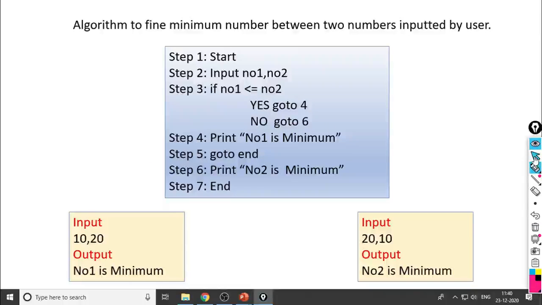So all these examples are related to branching statements, how branching works in an algorithm. Next, when we start the Python programming language, Python scripting, at that time we will see how these algorithms are converted to Python programs. Right now these three examples are given here. The first example: find out whether the entered number is greater than 5 or not. The second: find out the maximum between two numbers. The third: find out the minimum between two numbers.